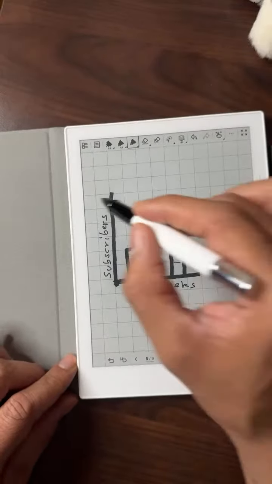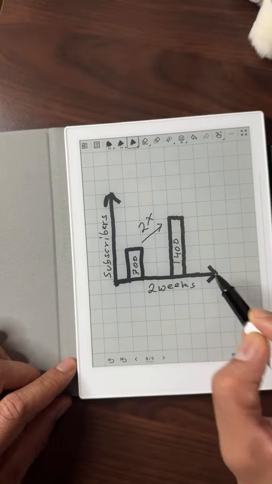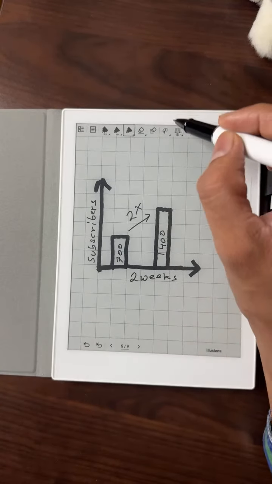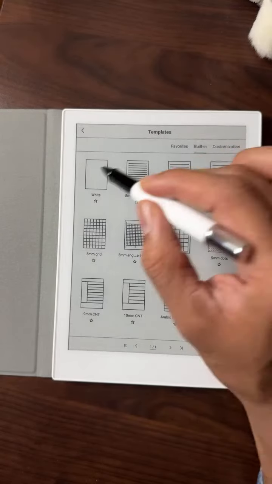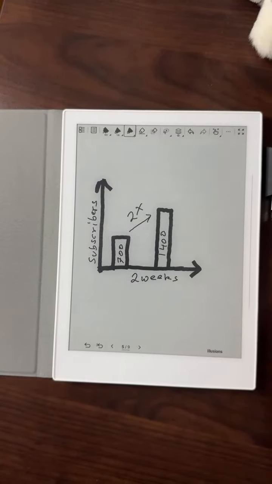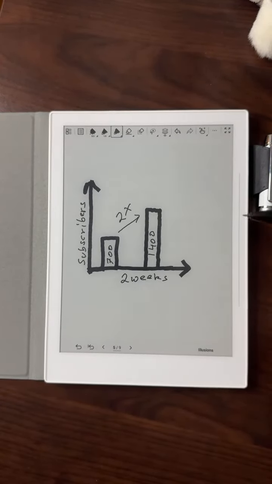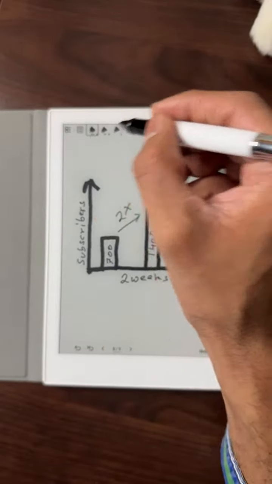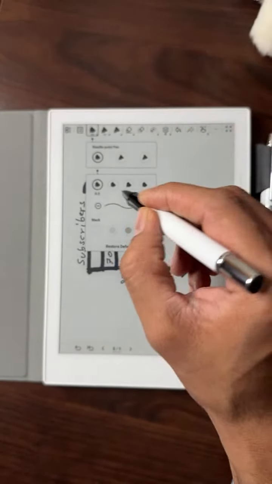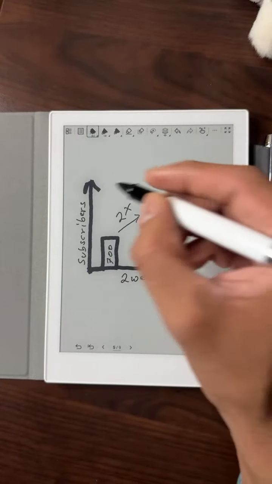So if I need to make this graph and then later I want to delete the background layer or remove it, I'll just go here, and I could get rid of the background layer. Now there is a graph and you don't really need to know that background thing. So you could, for example, right here your regular stuff, and I do not want to write at 0.5, I like 0.3. So I'll change it to 0.3, and I'll say